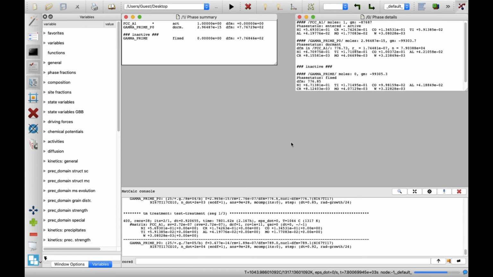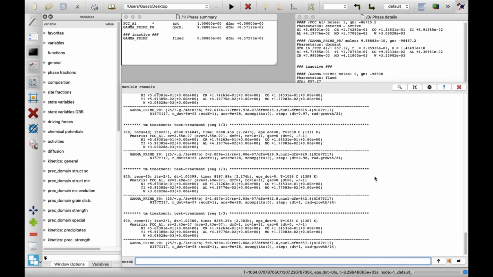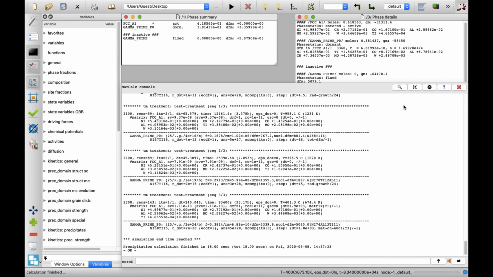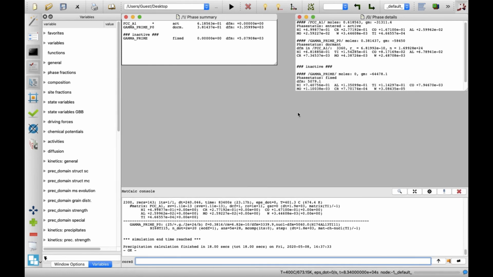The calculation results will appear in the MatCalc console window. It contains a lot of information about the precipitation domain and phases at various time instances, like the compositions, driving forces or dislocation densities. Another way to visualize the results of the precipitation kinetics simulation is to plot some characteristic